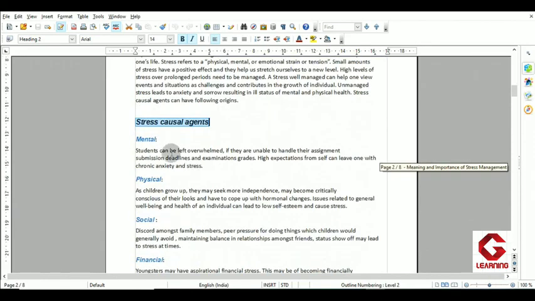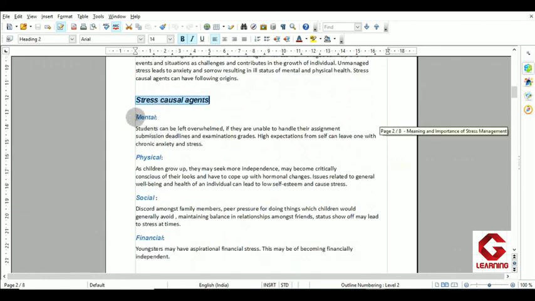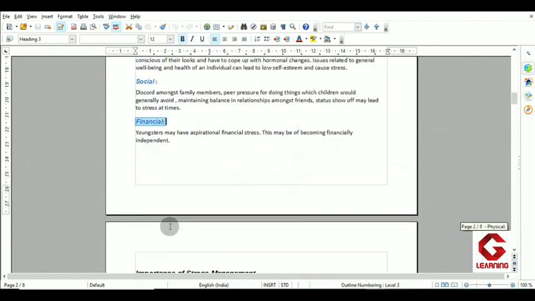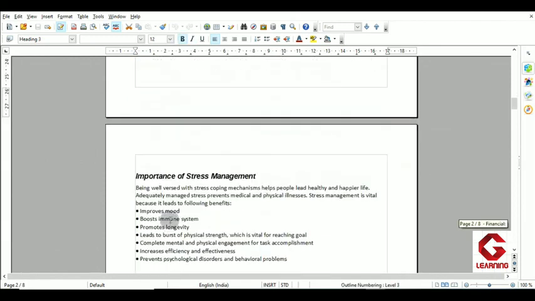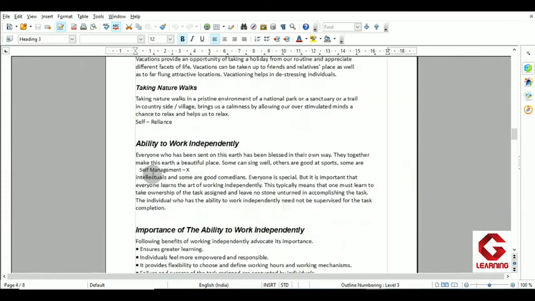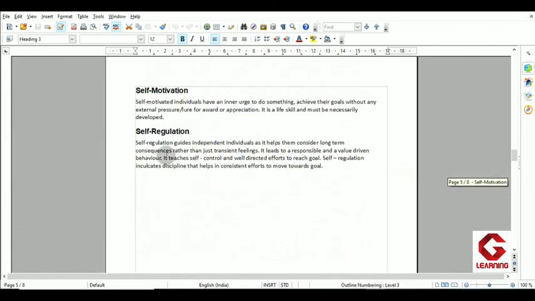Then in stress causal agents we have some points such as mental, physical, social, financial. This self-management skills chapter goes on with some more topics, and thereafter it ends.